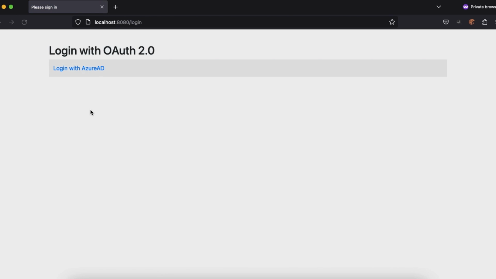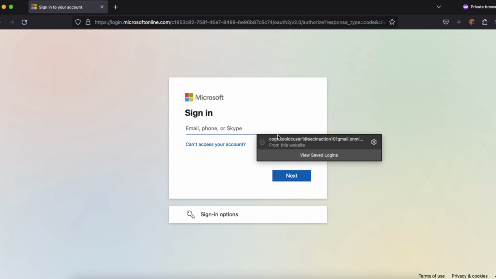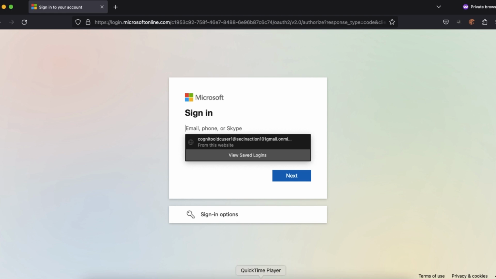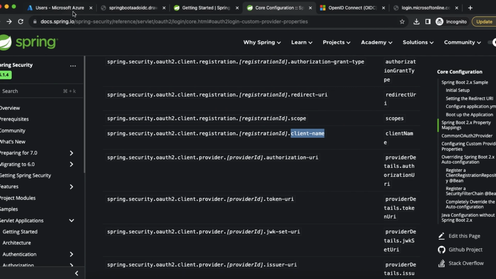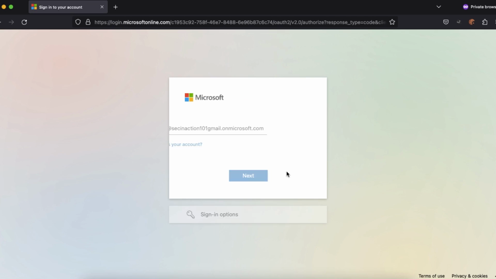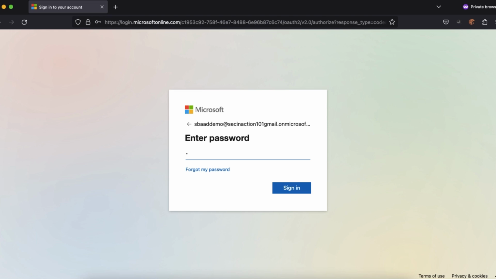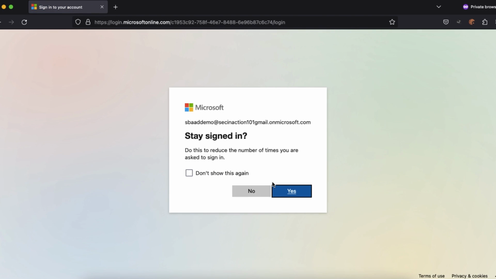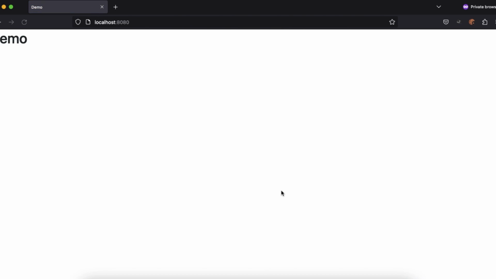And go here, refresh the page. Now you see login with AzureAD. So now I can select, and I will use that same user ID and I will use the password. I'm logged in again. So I will clear the cookies again and let's go to the next step of displaying